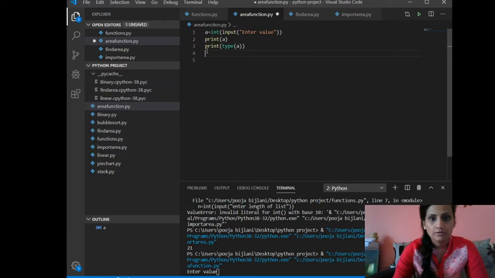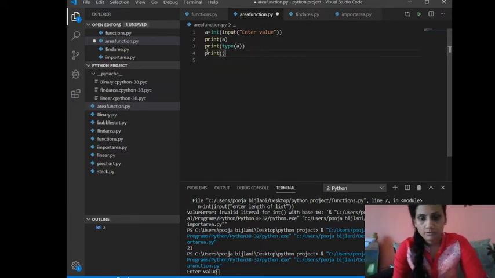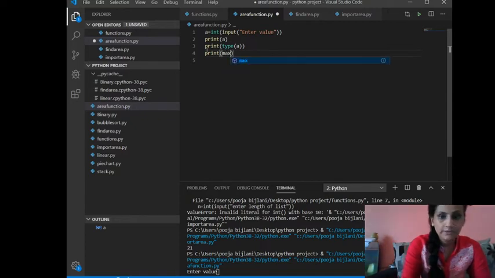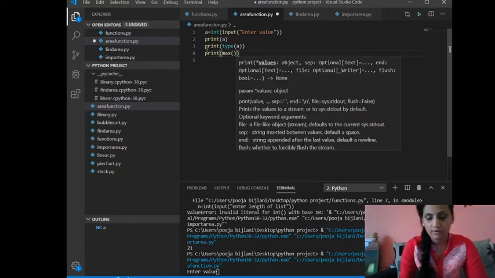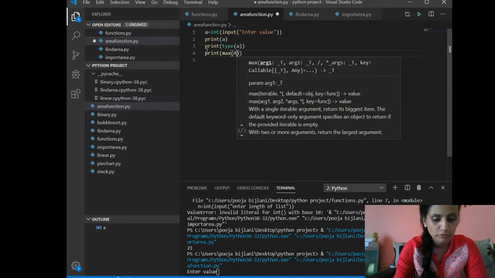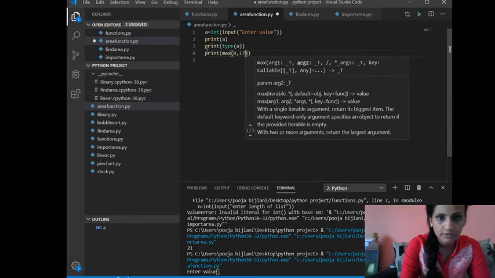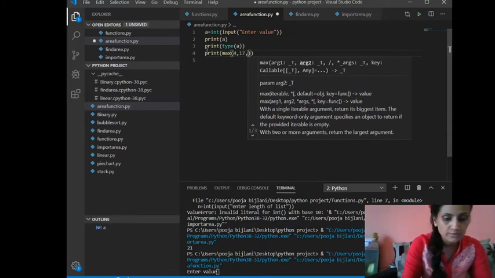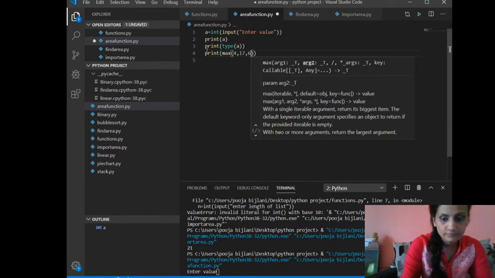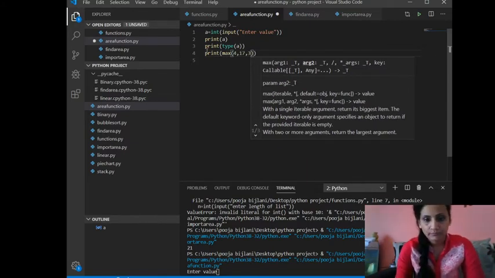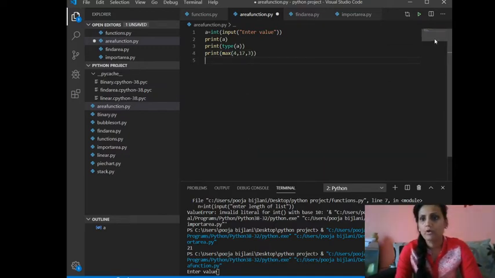Fine. Then I'll use one more, this is also one built-in function, that is max. If you try to find the maximum value among the values you have given, that is also possible. Now I will run them all together.